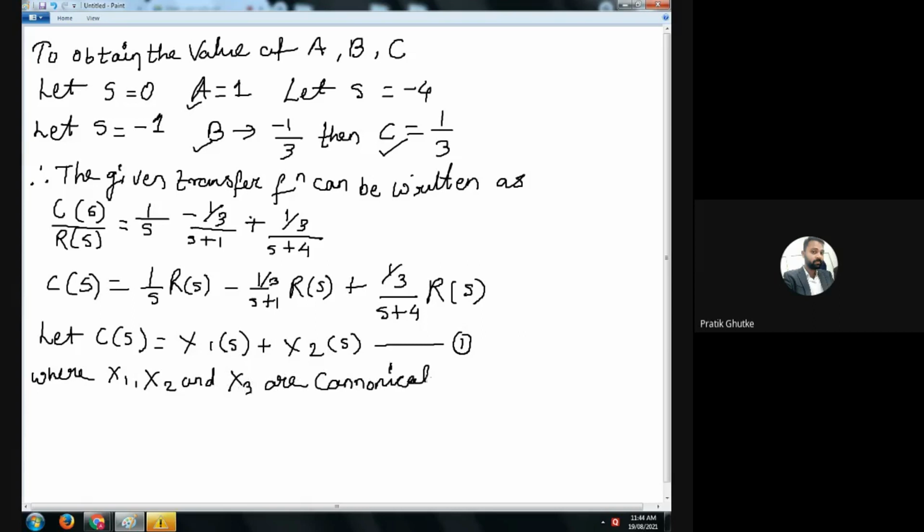So in the question they have given you a transfer function. You have to make its state model equation. For calculating the state model equation, you should know the state equations, that is x dot equals Ax plus Bu, y equals Cx plus Du. With that only you can write it in matrix form or the canonical state variable form. So x1, x2, x3 are all your canonical state variables. From these variables, I have to write the state equations.